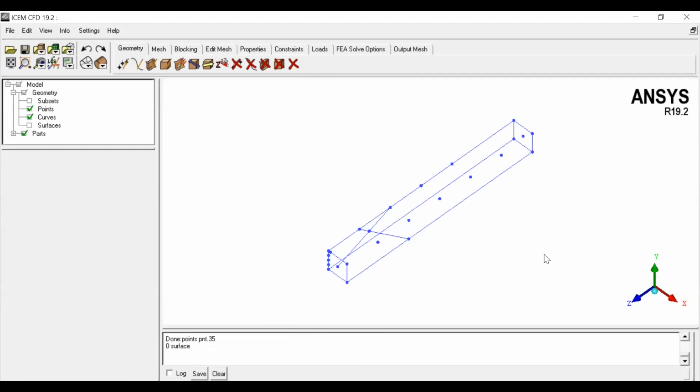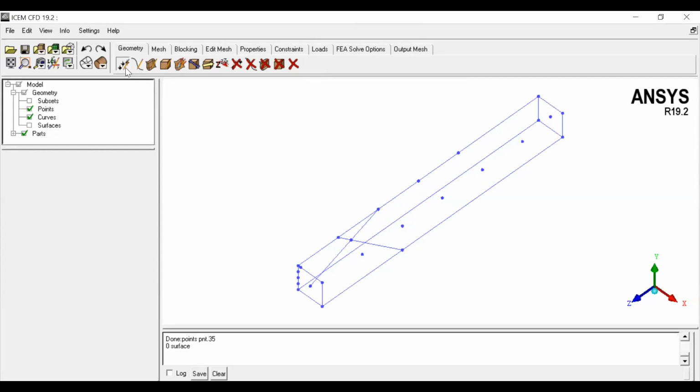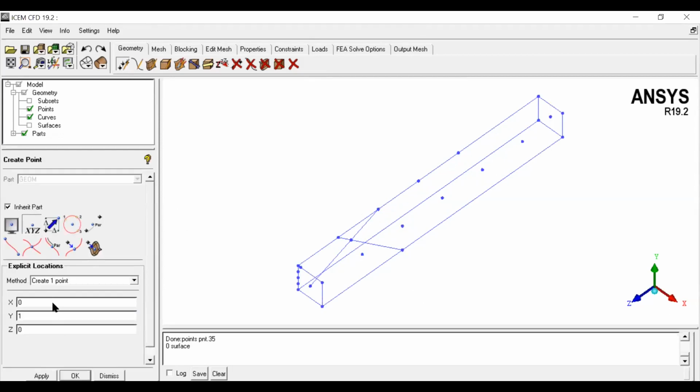Okay, no need to fix here. Constraints are also important when you solve a structural case. Since this is fluid dynamics, there is no need to give constraints, because in our fluid dynamics case, the boundary conditions are the constraints, and those conditions we will impose in the fluid solver. So no need to fix any constraints. Simply use the global coordinate system, define the coordinates of each point, and start the generation of points and generate the lines.